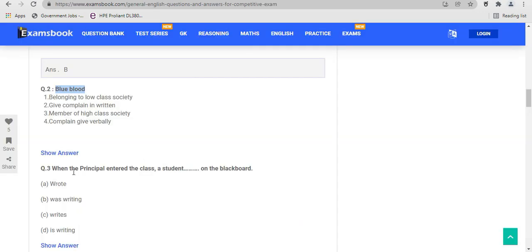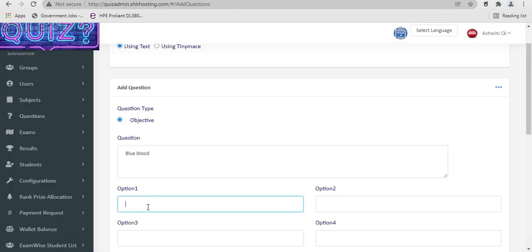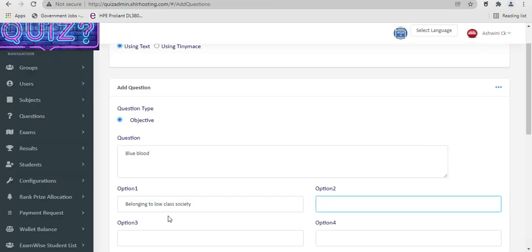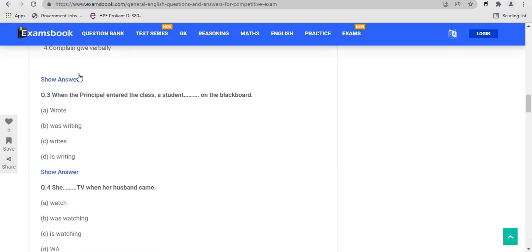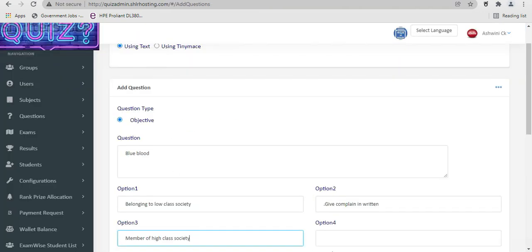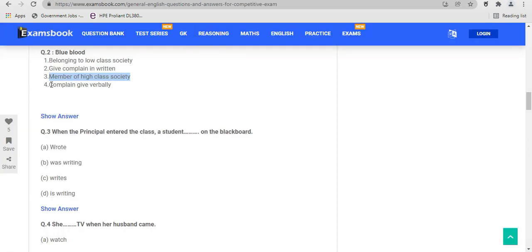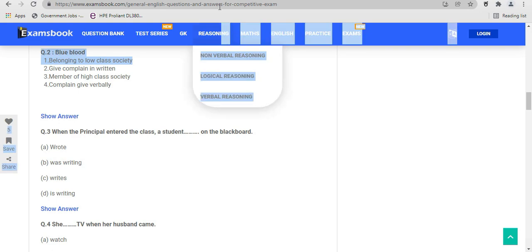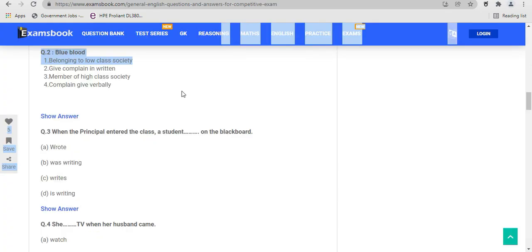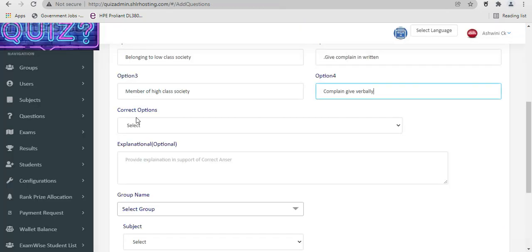Same way you have to choose the four options, and then choose the correct option. What is the answer? Option C.